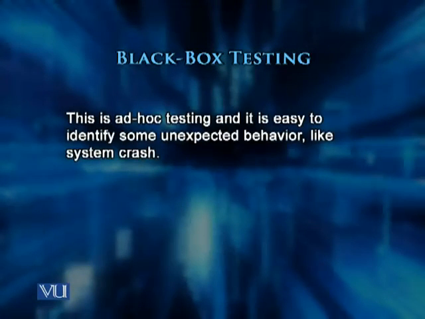If that behavior is not observed, that is, there is a difference between the expected results and actual results, then that is an indication of the failure of the software, and that's an indication of the success of the software test. The example that I have just quoted is an example of ad hoc testing, and it is easy to identify some unexpected behavior even in ad hoc testing,